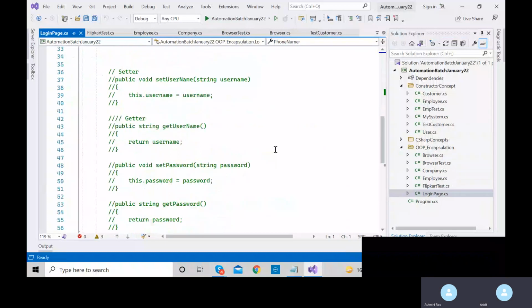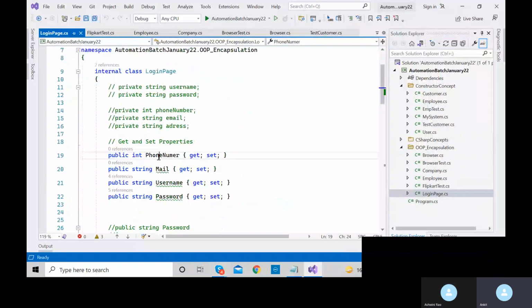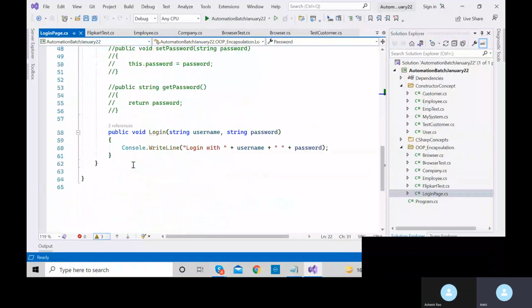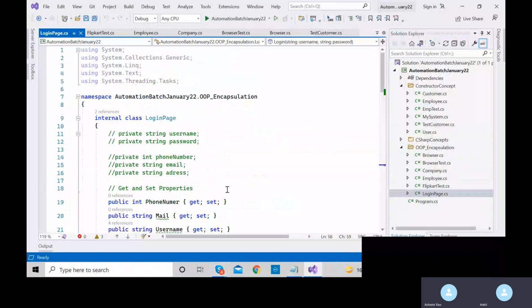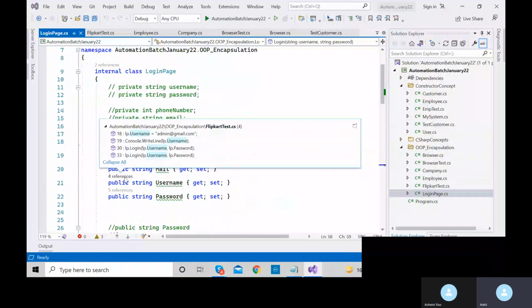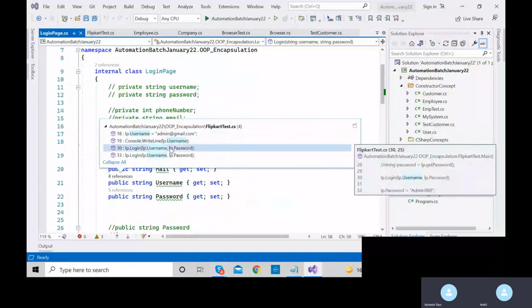We just define some properties: phone number, mail, username, and password. We also define one method, login, by passing the username and the password. So now I can use these properties over here inside the same class, or you see, I have used maybe username and password